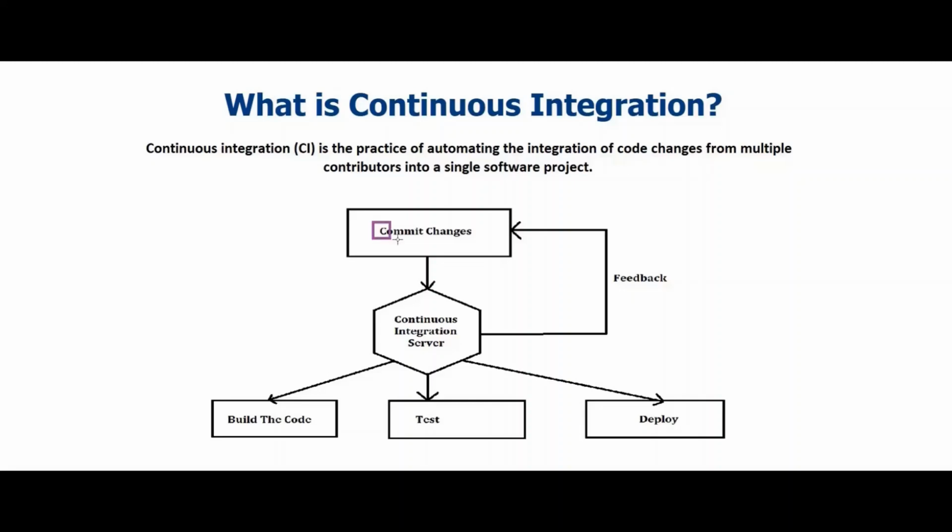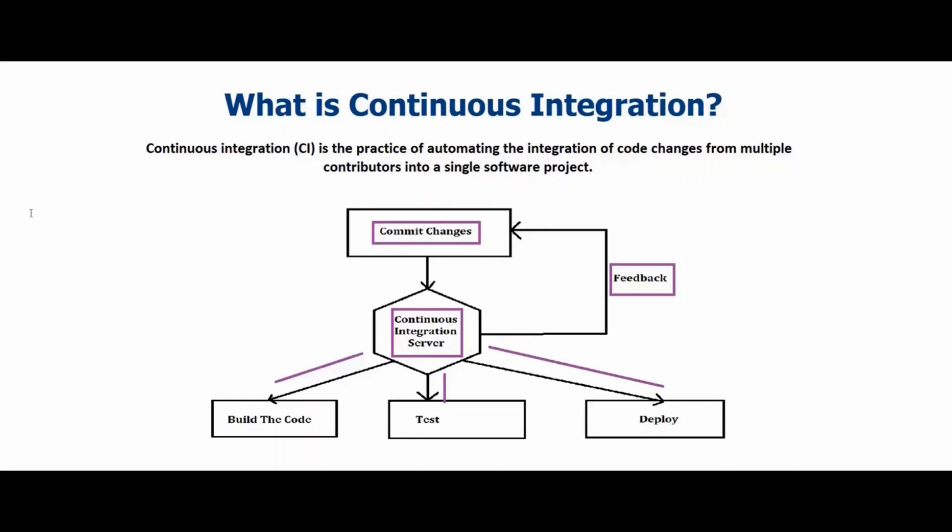In the continuous integration process, the developers are required to make frequent commits to the source code, and because of that, any changes made in the source code will be pulled by the continuous integration server, and then the code will be built. Now, according to the needs of the organization, it will also be deployed on the test server for testing, and once the testing is done, it will also be deployed on the production server for release, and the developers are continuously getting the feedback of their application.